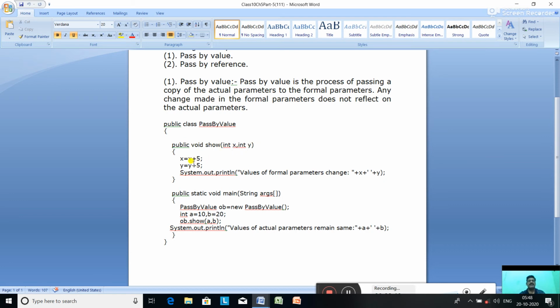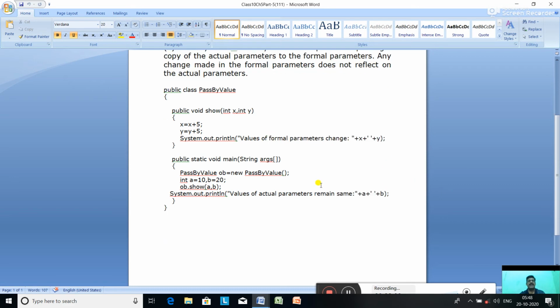There are 2 formal parameters. x equal to x plus 5, the x value is increased by 5, y equal to y plus 5, the y value is increased by 5, and it prints with System.out.println the values of formal parameters after the change, that is the new x and y.